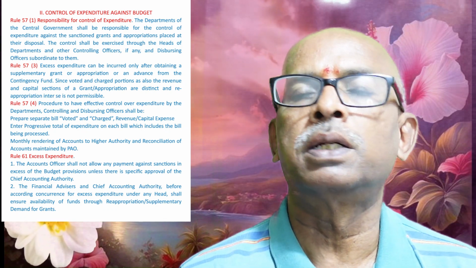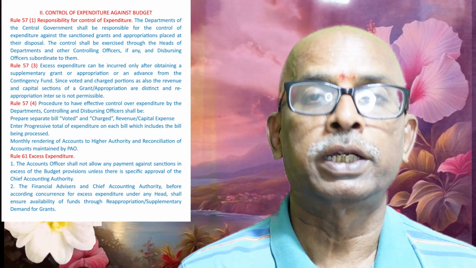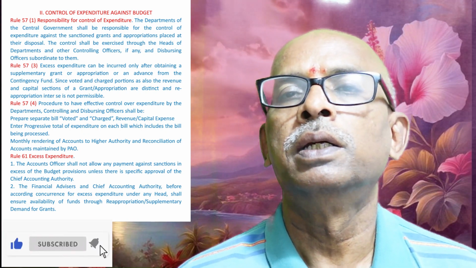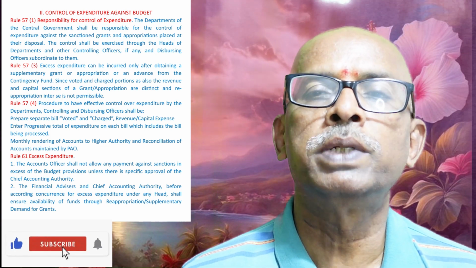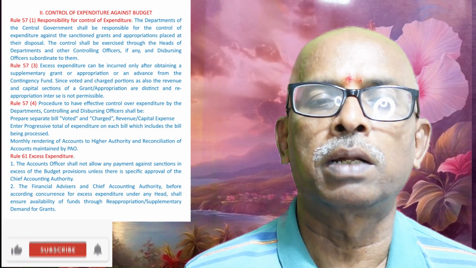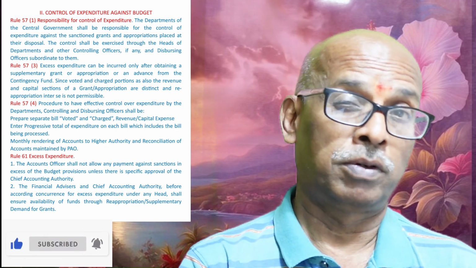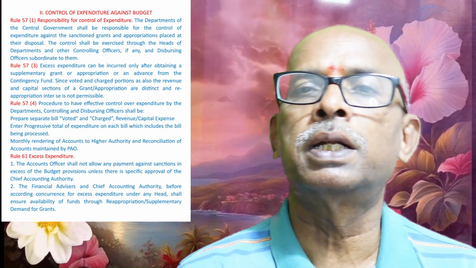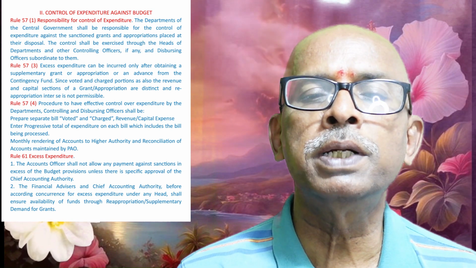Some videos on budget related things we have seen in the budget control. Responsibility of control of expenditure. What are the responsibilities? Once funds are allocated, people start spending from April 1st onwards. But there is a rule which says that for every head one cannot spend beyond the allocated amount. So the persons down the line up to the DDO, head of office, and top up to the chief accounting officer, which is the Secretary of the Government of India, are responsible to ensure that expenditure does not